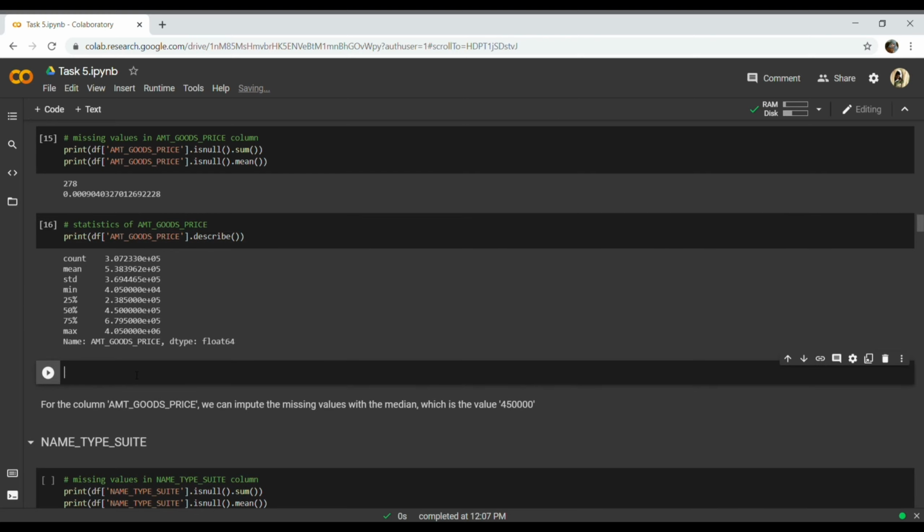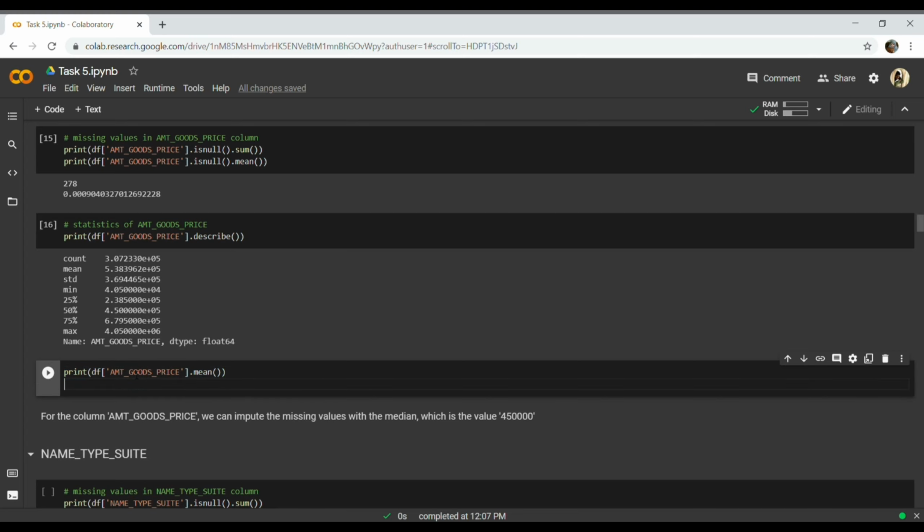So what we can do is check the goods price, and the same we can do for the median.